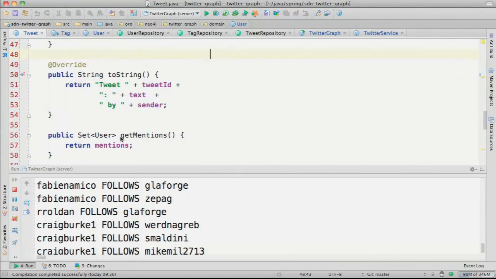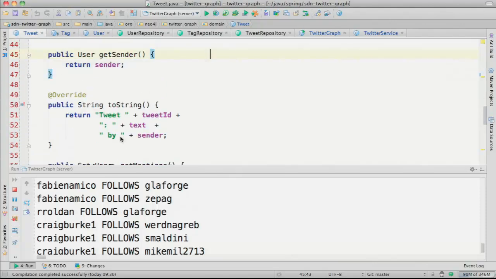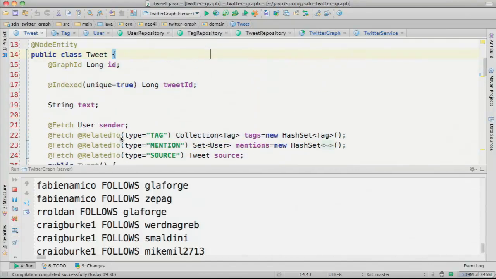The interesting entity is actually the tweet itself, because it contains the tweet ID that we all know from the Twitter status URLs, the actual tweet text, 140 characters, and then you see here that we have the user without any annotation as field in here, but Spring Data Neo4j can still derive that user is a node entity, and if it's a node entity, then it will be represented as a relationship in the graph.